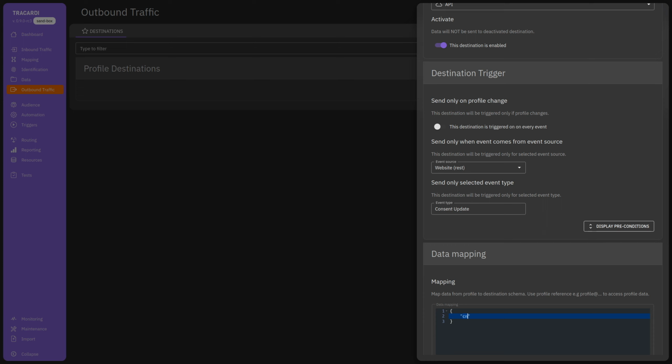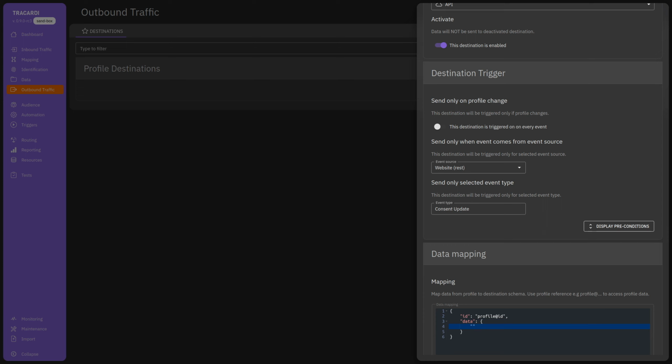This is the key, and here I would like to put some data from my profile. So here I can type profile, add, and here is the path to the consent. Maybe better I will do it like this. So for example, I would need an ID, and then I will send here a profile ID, and here I will add data,